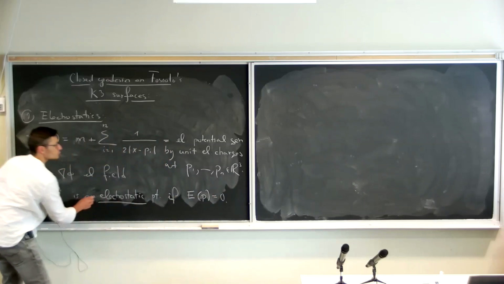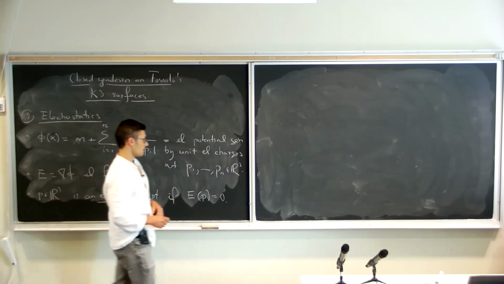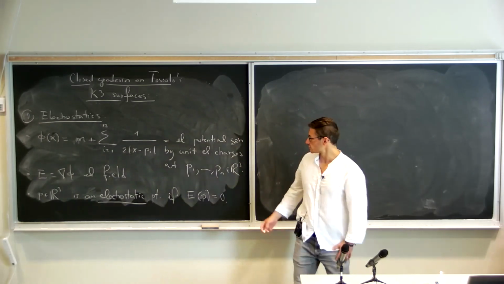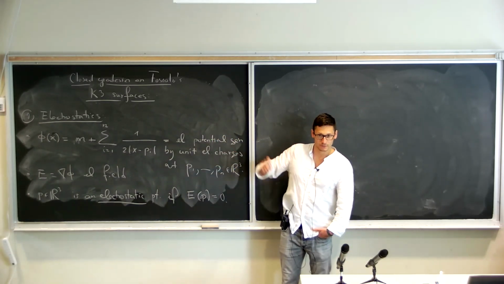That's basically the points where you can put a test charge and it doesn't move anywhere. It stays there. So said in other words, these are the critical points of the electric potential. Okay, so